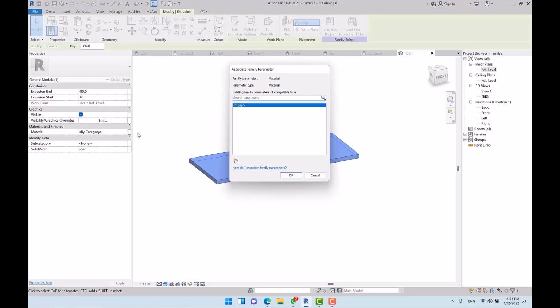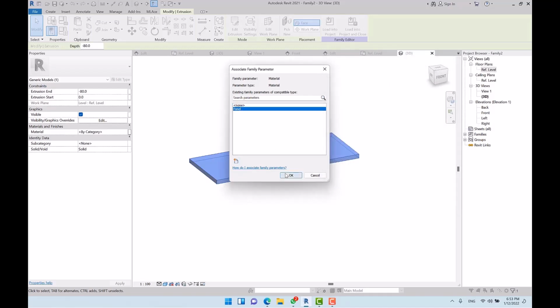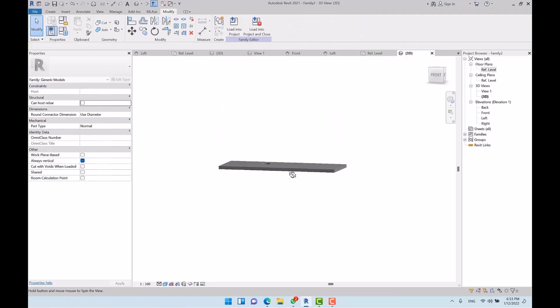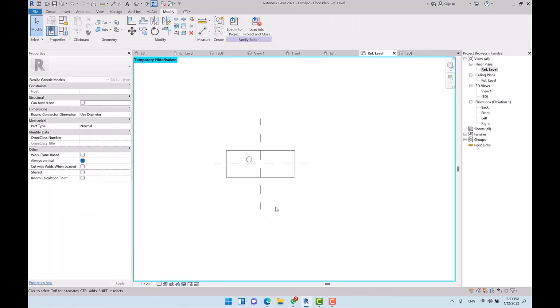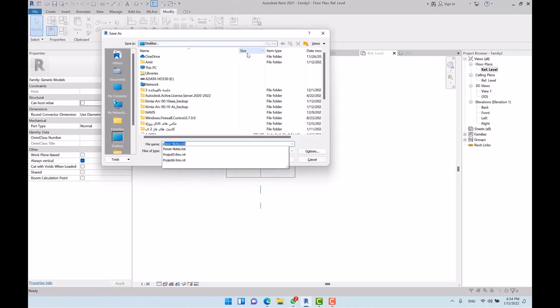Let's review, and then instead of getting access to a new parameter in the labels, here we can create new parameter. I click on it, then I assign the name of my new parameter. For example, I can assign it panel. The panels which are used for the flooring, and I click on OK. Well done. So during the process we have created an independent object, and then we want to load it into project. But before that, let me save the file as